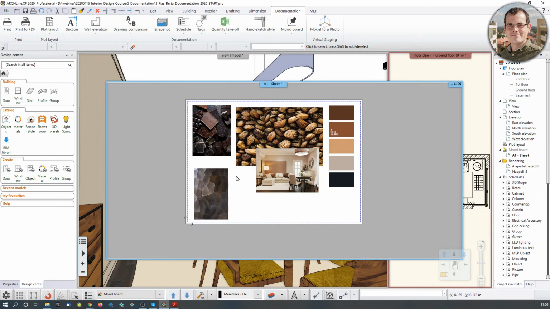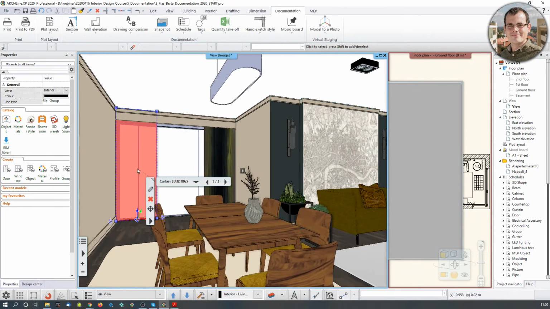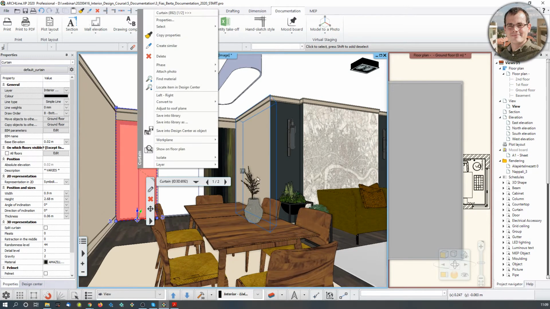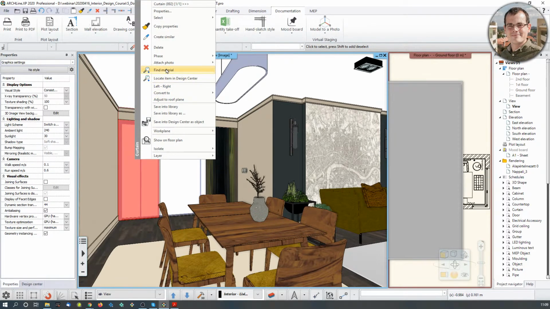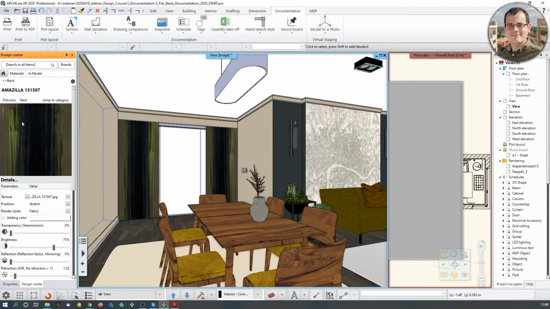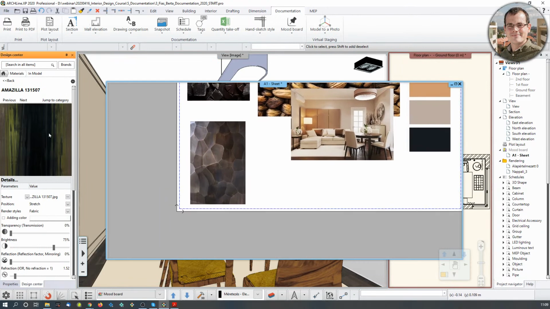Another task is, how do we import materials? Because there's quite a few materials over here. Let's say this one, for example, the color of the curtain. So I select the curtain, right click, and I say find material, like that, and now I have this Amazilla whatever number here. I activate my layout again, and I'm just